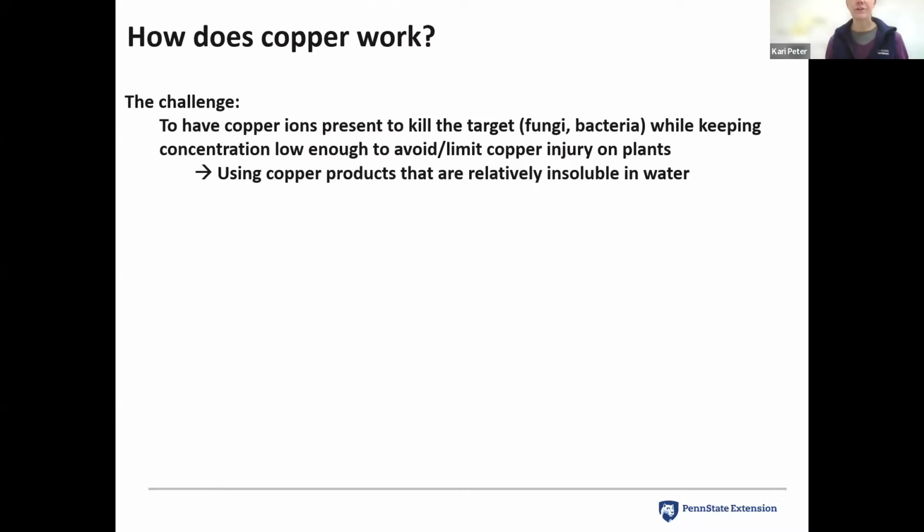So as far as the challenge here when working with copper products, you want to have the copper ions present in order to kill your target of interest, whether it's fungi or bacteria, while keeping that concentration low enough to avoid or limit copper injury on plants. Because remember, copper is a general biocide. It's going to kill plant cells to a degree, depending on the concentration and formulation. So in order to limit copper injury as much as possible, you want to use copper products that are relatively